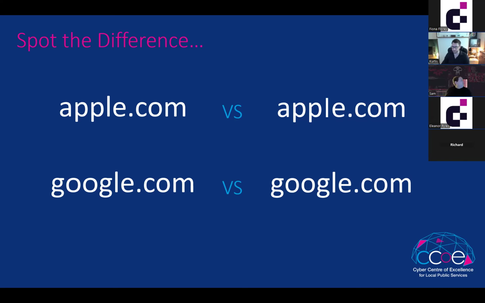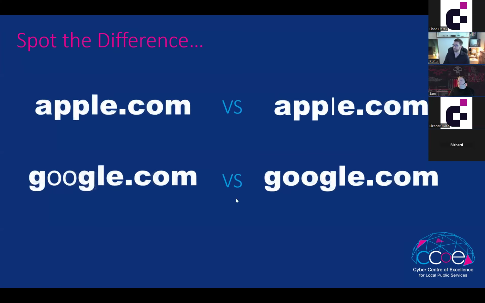A few people put in, so people have had a look. So I'll put you out of your misery. This is the difference here. The L here in Apple is an actual L, and this is actually a coding pipeline. So it's not a letter at all. It just looks like a lowercase L when it's not in bold. So this isn't a letter at all.